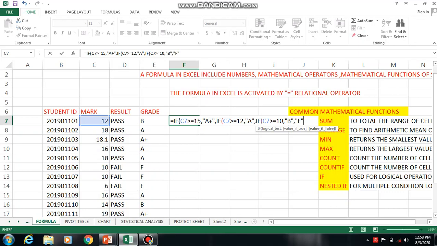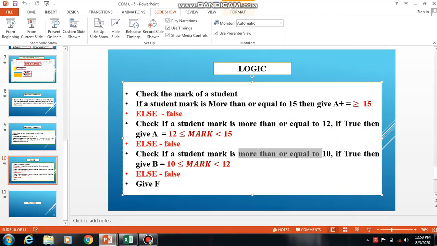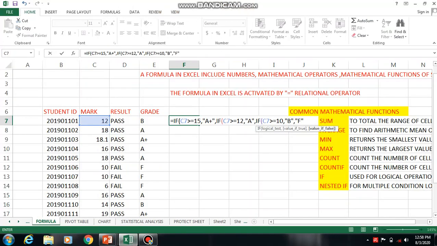Here I am giving F. Then you close the brackets. At the start we have 3 brackets, 1, 2 and 3, so at the end you also give 3 brackets.